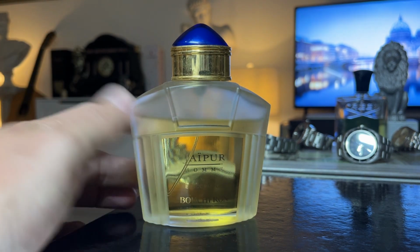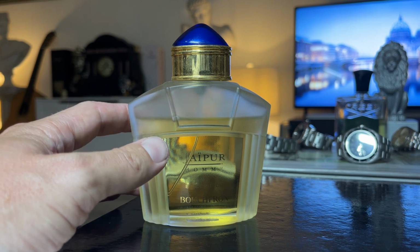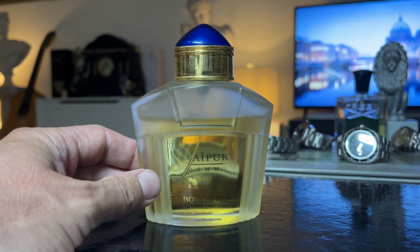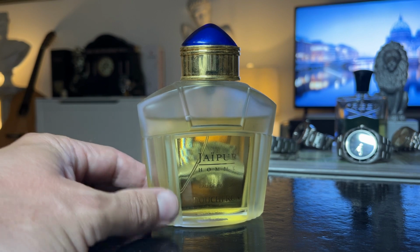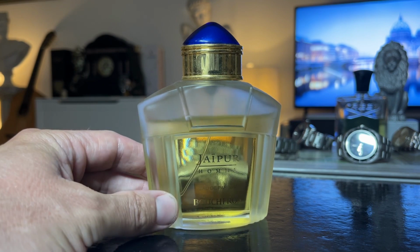First of all, Jaïpur Homme from Boucheron. There's an eau de toilette and an eau de parfum. I have the eau de parfum, both very reasonably priced, and not much in it, just a tiny bit richer with the eau de parfum. Amazing, £31 I found this for online here in the UK, 100ml, and this is going way back to a 1997 or 8 release. Annick Menardo, the perfumer for this one,